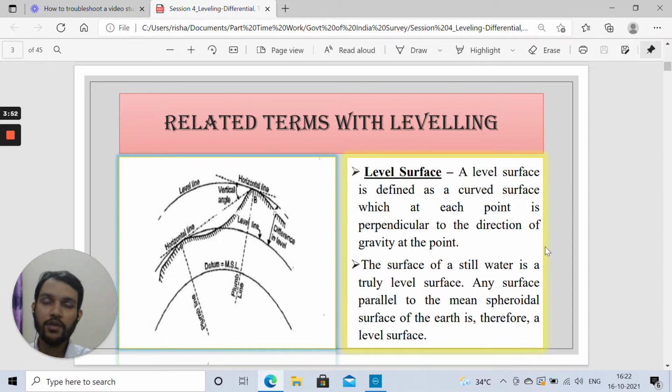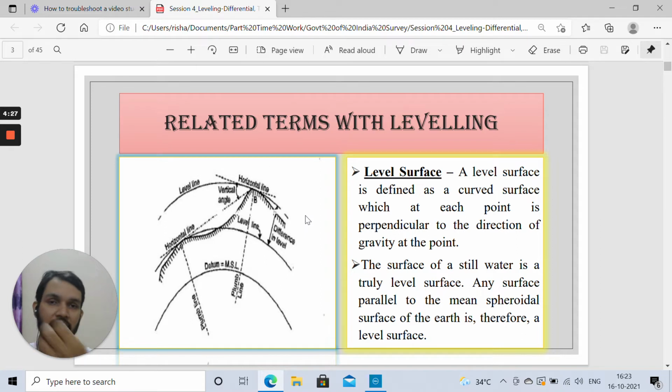Since the level surface is parallel to the surface of the earth, in the figure that I have shown you can see this level line, because it is a two-dimensional figure. The surface on the outer periphery of the earth's surface is known as the level surface, and it can be exactly defined where the gravitational force acting is exactly perpendicular to the level surface, because gravitational force is acting from the outer periphery of the earth's surface towards the center.